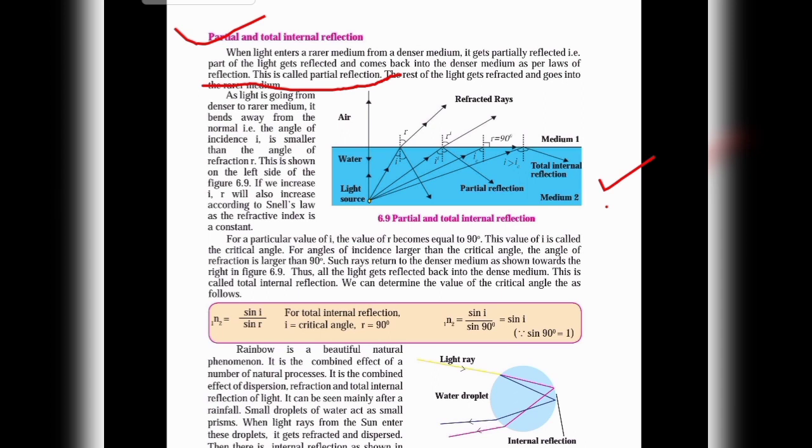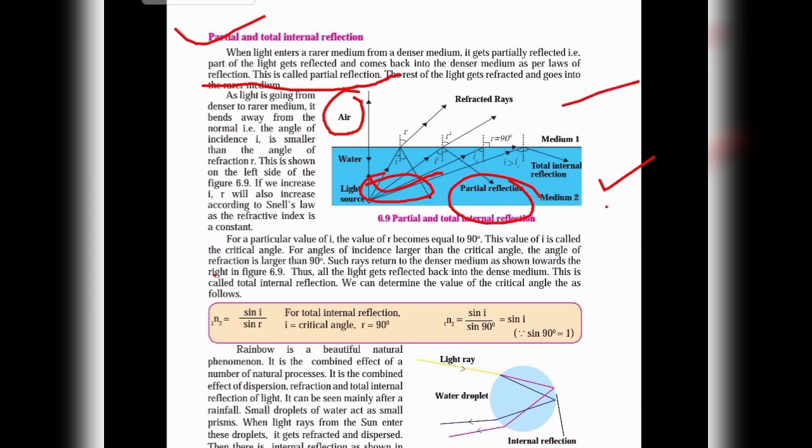Here I explain with an example, the partial reflection is shown. What is the definition? When light enters a rarer medium from a denser medium: this blue colored medium is the denser medium, and the upper medium is the rarer medium. When it passes from the denser medium to the upper one, we see that